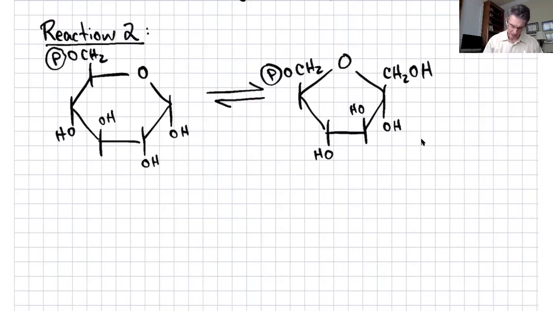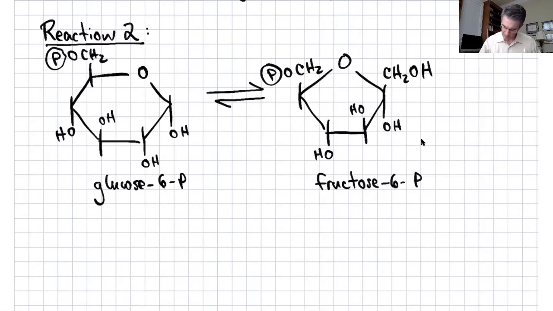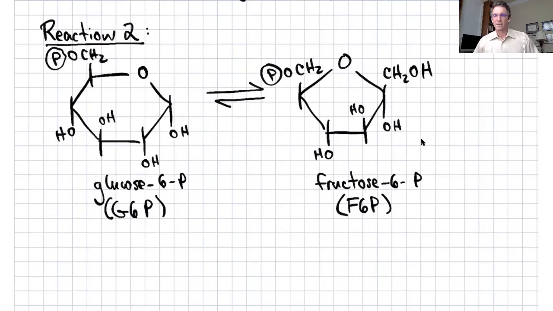To basically turn glucose 6-phosphate into fructose 6-phosphate, or F6P. And this is G6P, right? Makes some sense, right? So essentially, we just turned an aldose